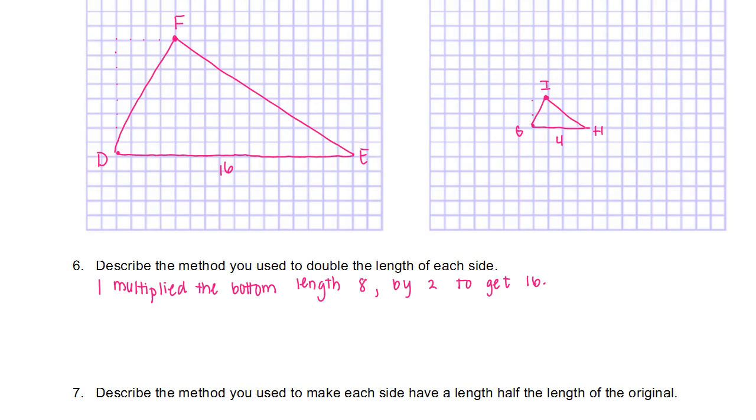And then for the other sides, we want to describe that method we used. We knew that we had to go up 4 and right 2, so we doubled that distance and went up 8 and right 4. So I'm going to say for the other sides,